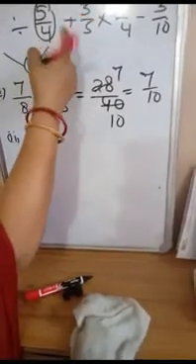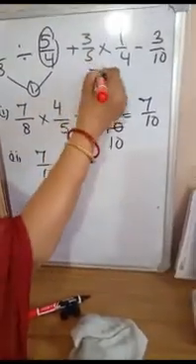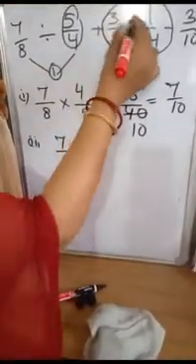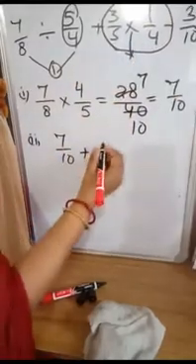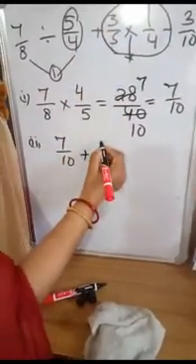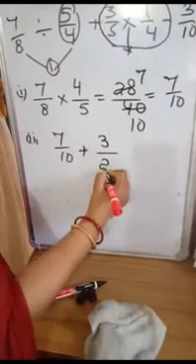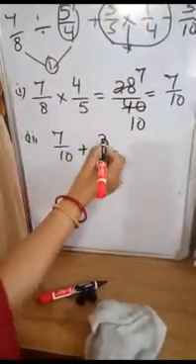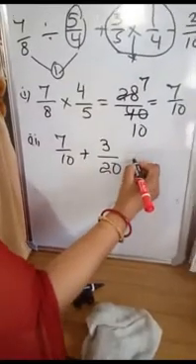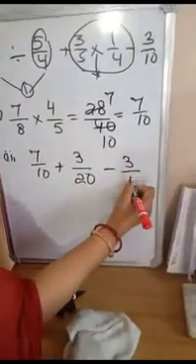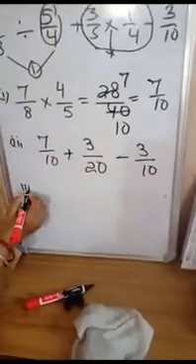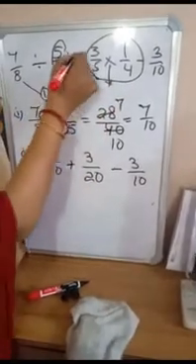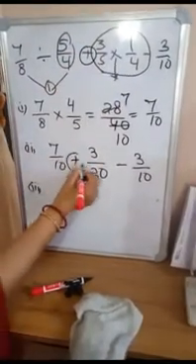Now second step. Write down the solution 7 by 10. Now plus, this multiplication sign, we will solve this second one. So 3 by 5 into 1 by 4. Let us do multiplication. 3 will be multiplied by 1 and 5 will be multiplied by 4. So it is 3 by 20. Now put the subtraction sign. Next, third step. After solving this multiplication, we have to do this addition.